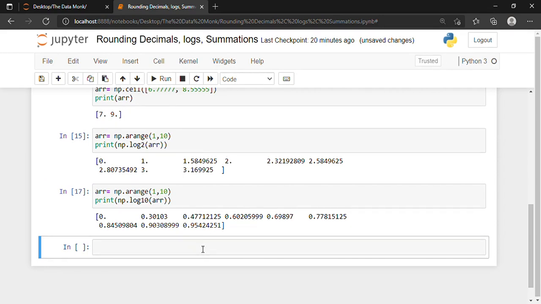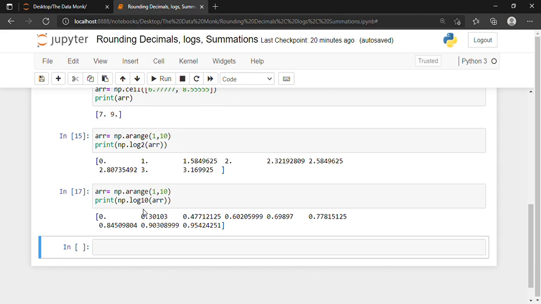So what is happening? In the first line of the code, the np.arange function returns an array with integers starting from 1 and ending at 10. 1 is included and 10 is not included. And this is my array. Now what are the print statement and the log statement doing? I have combined both the print statement and the log statement. I could have done it separately also. So it is basically giving me log at base 10 of all the numbers in the array. Okay, clear? All right, moving on.